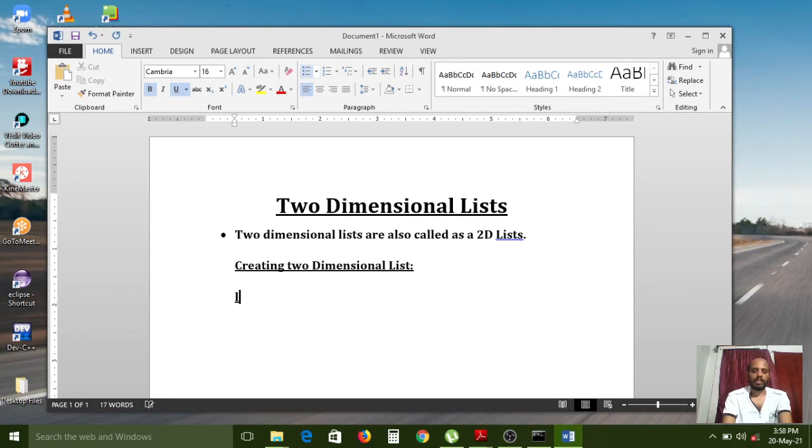How to create a list? Equal to, first we need to open one square bracket and also close one square bracket. All of you carefully observe. Here I am creating a two-dimensional list. Two-dimensional means